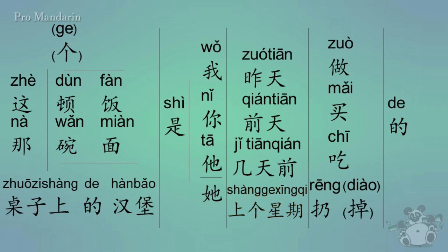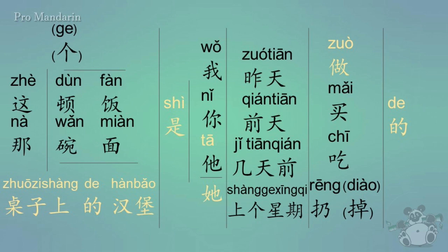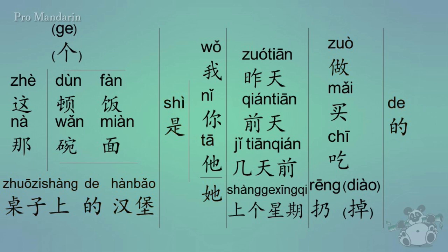All right, so we're going to get straight into the practice here, just because we've already had some idea of how this works. How would you say she made the burgers on the table? 桌子上的汉堡是她做的。